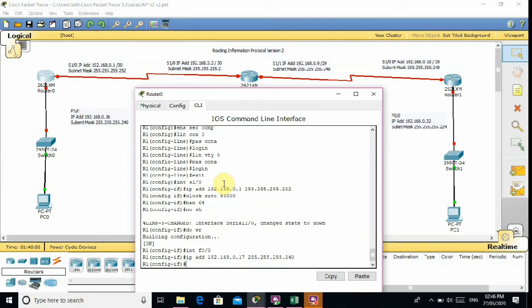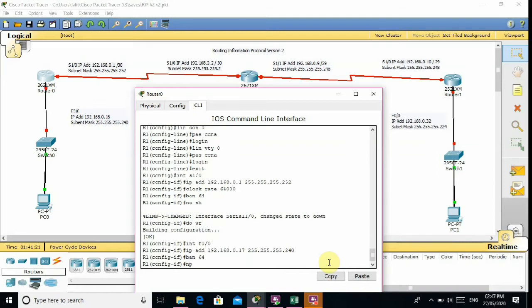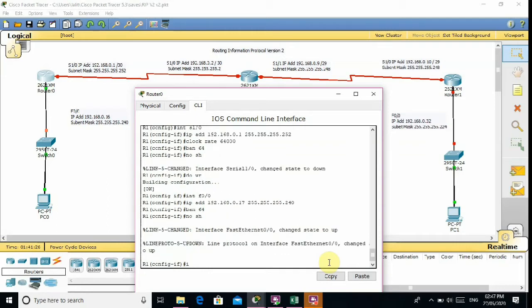Enter, and set the bandwidth there to 64. Enter the no shutdown command and save this configuration.